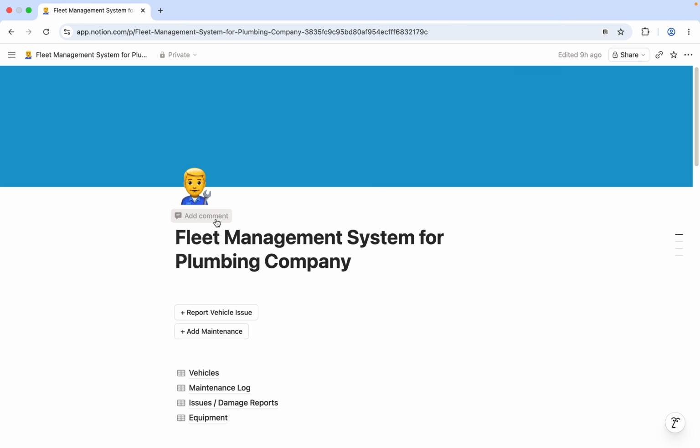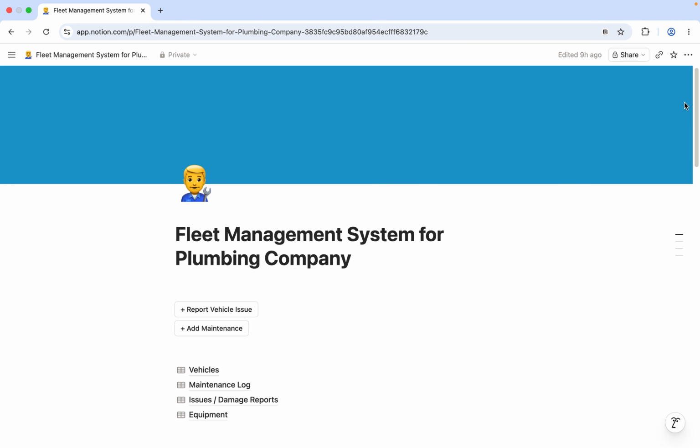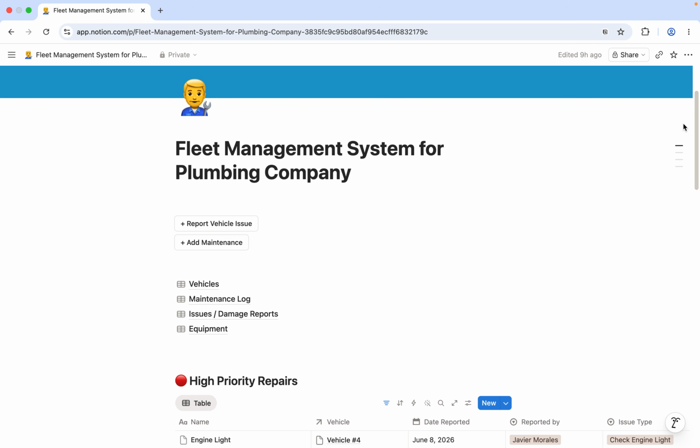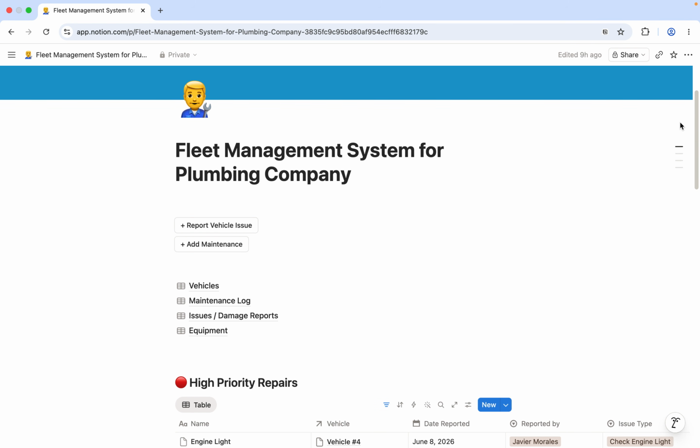Here we have a system to manage a fleet. In this example, I set it up for a plumbing company because I used to work for a plumbing company. I was a fleet manager myself, so this system was made from personal experience. When you have a fleet with more than 50 vehicles, it can get very overwhelming because you have